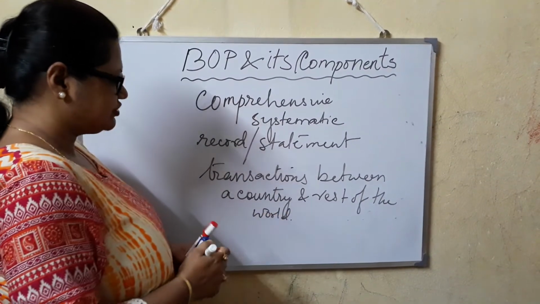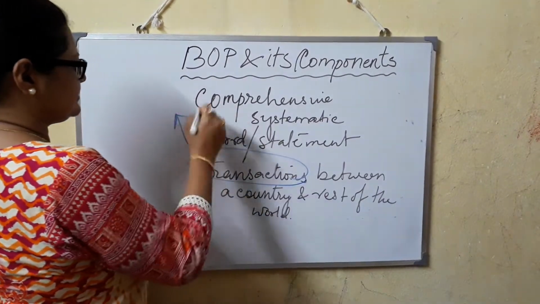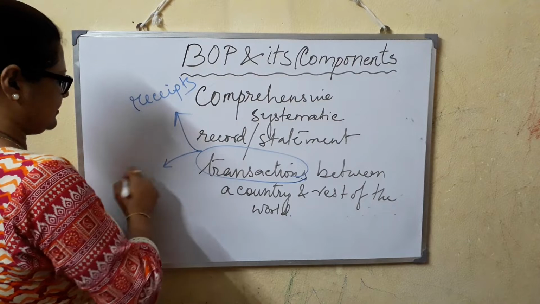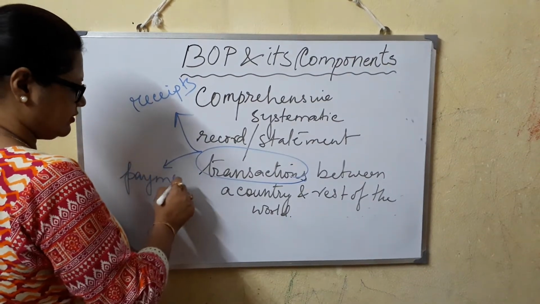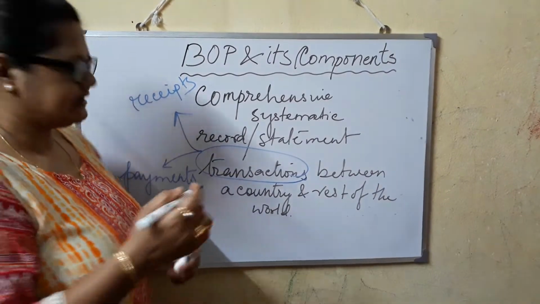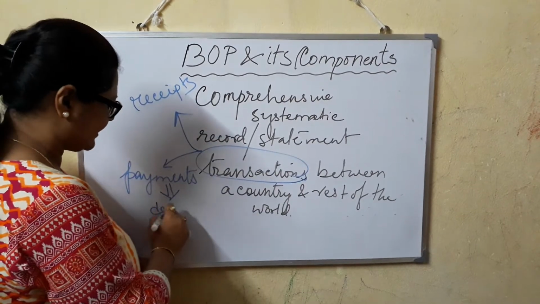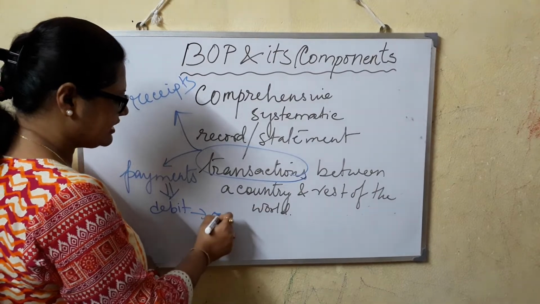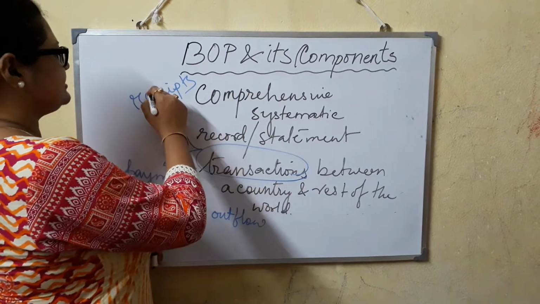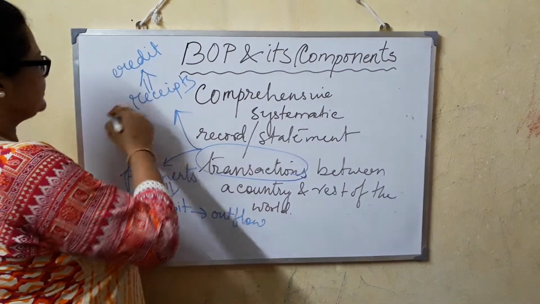Now when we discuss about transactions, this basically means receipts and payments. What is the meaning of payments? Payments means which a country gives to another country. That means when we consider payments, we consider it to be the debit side. Why the debit side? Because there is an outflow of foreign currency. When we consider receipts, we consider it to be the credit side. Why credit side? Because there is an